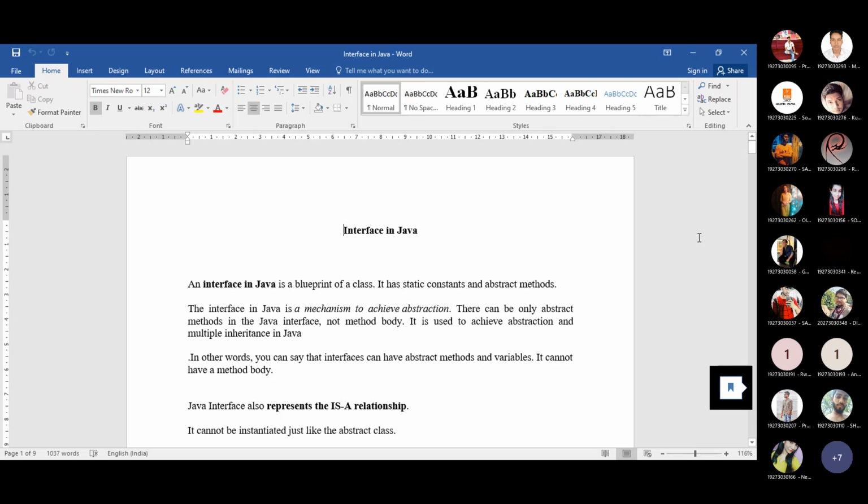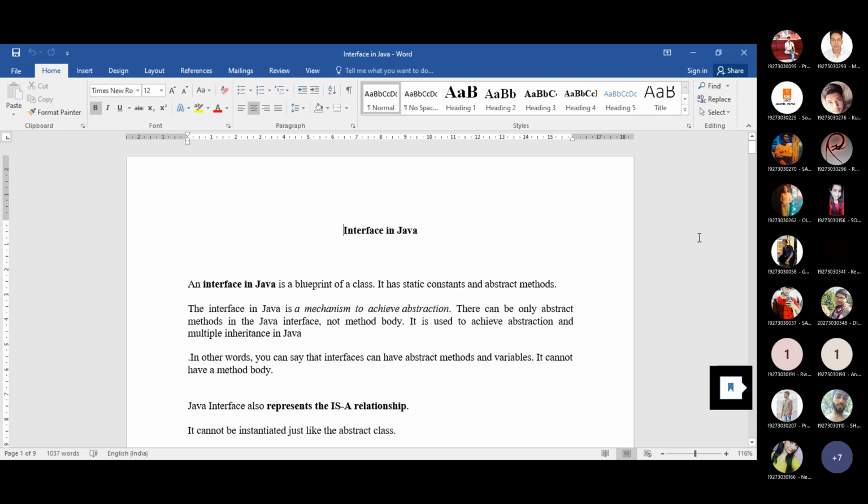And whenever you want to provide full abstraction, that means you want to achieve 100% abstraction, then an abstract class cannot help you, because an abstract class can have concrete methods also. So at that time, you must go for the interface. An interface is a class that is fully abstract.